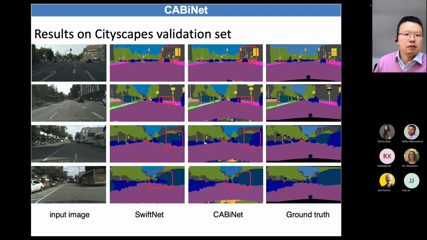So this is the image. The last column is the ground truth, manually labeled. And then these are two comparison methods. The second column is SwiftNet, and the third column is our network result. You might see, for example, on the third row,